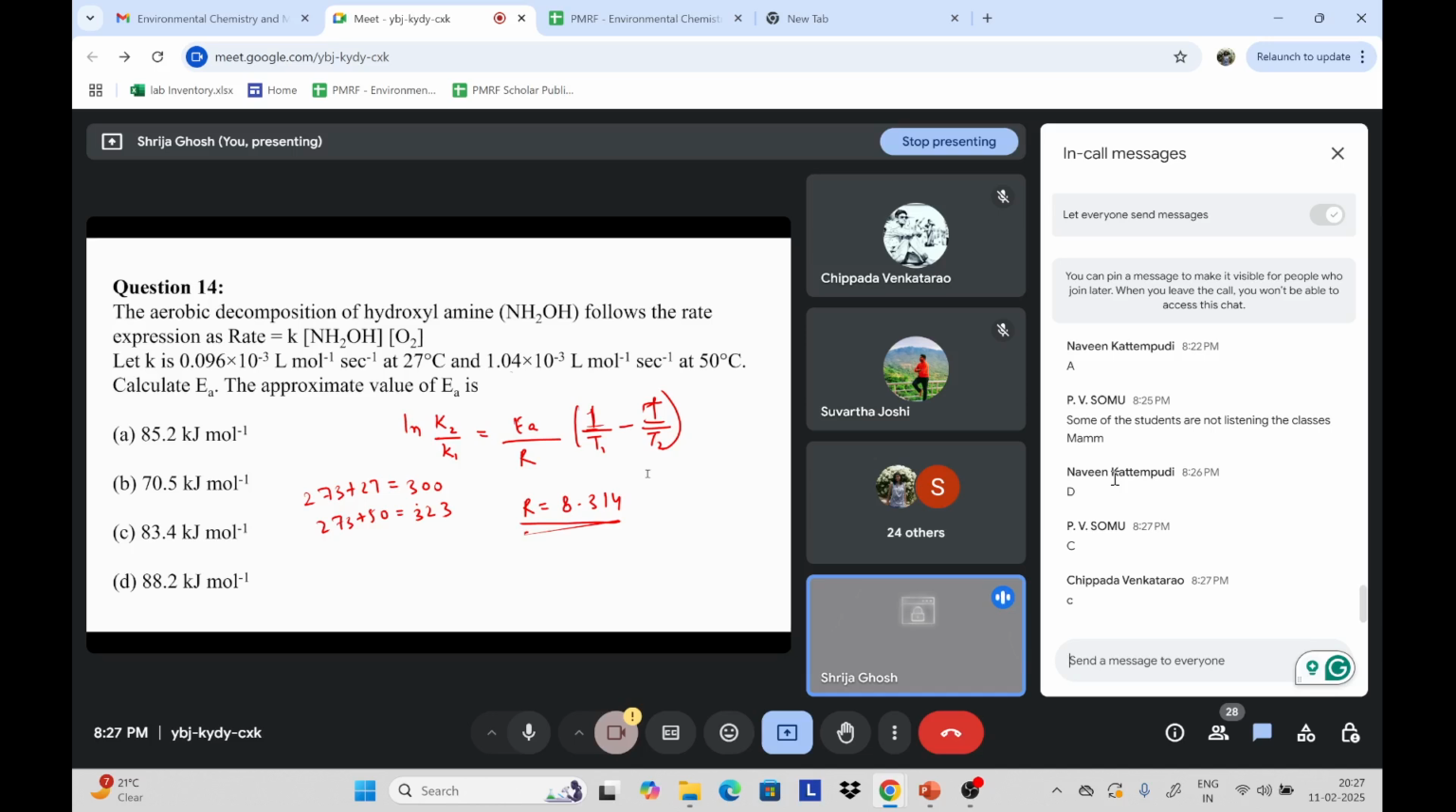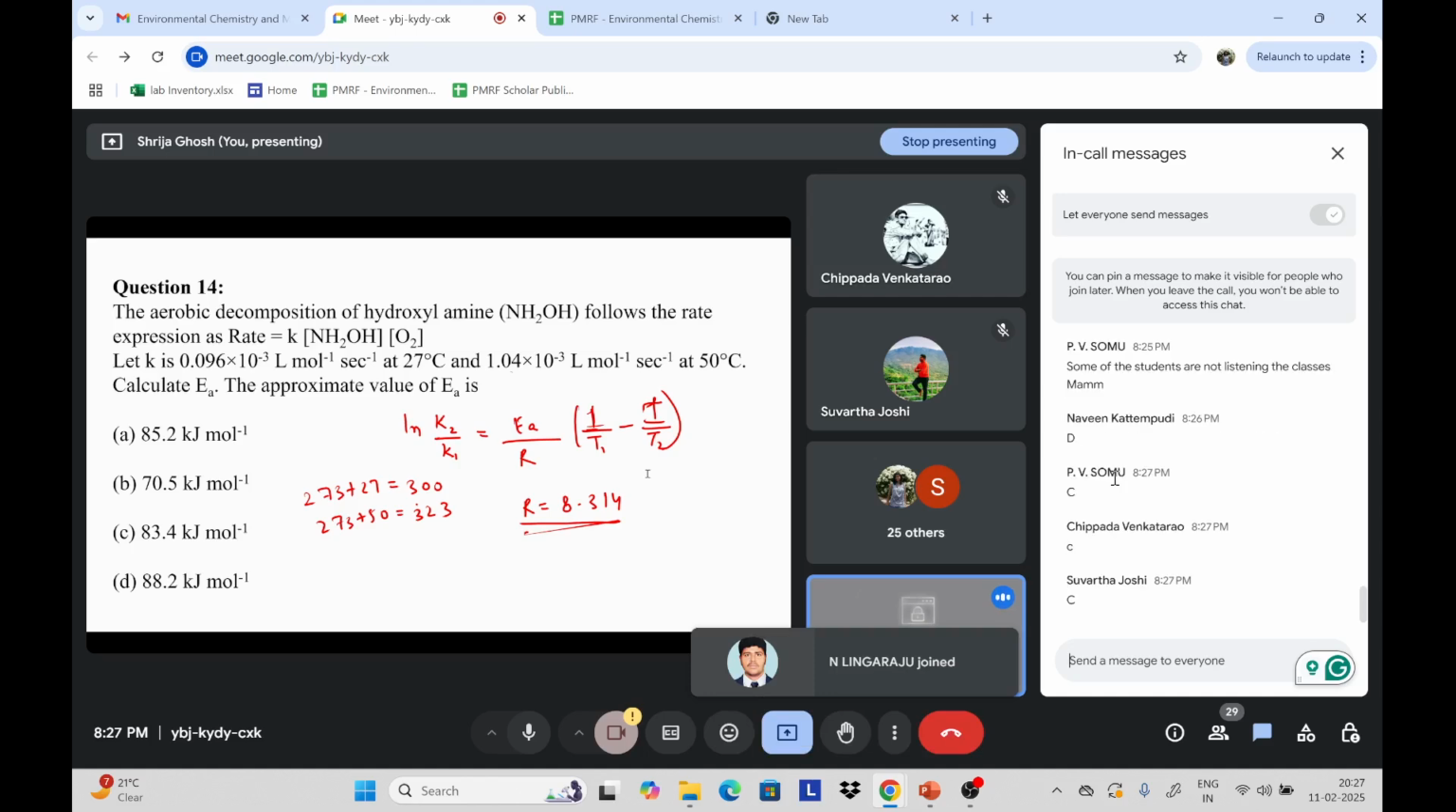So K2 is 1.04 into 10 raised to the power of minus 3. K1 is 0.096 into 10 raised to the power of minus 3. So if you divide it, then it will be 1.04 divided by 0.096, right? And then take a log of that, natural log of that. So I'm getting 2.38. Now this is equal to,